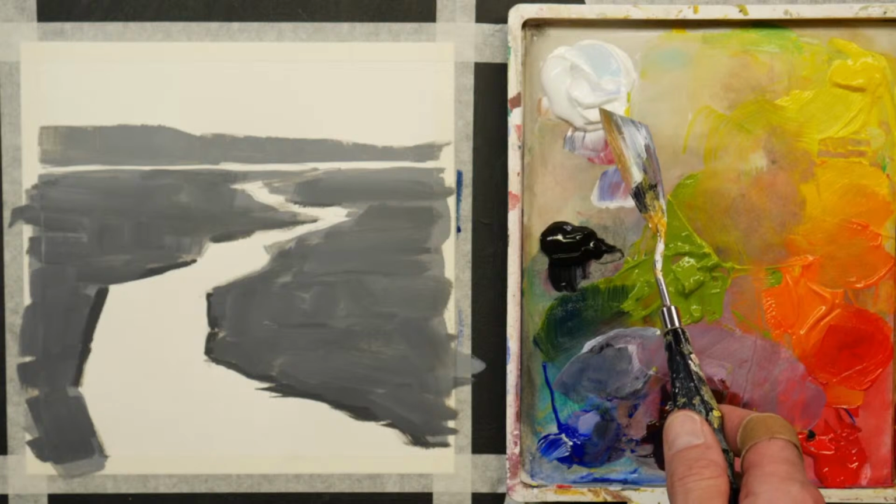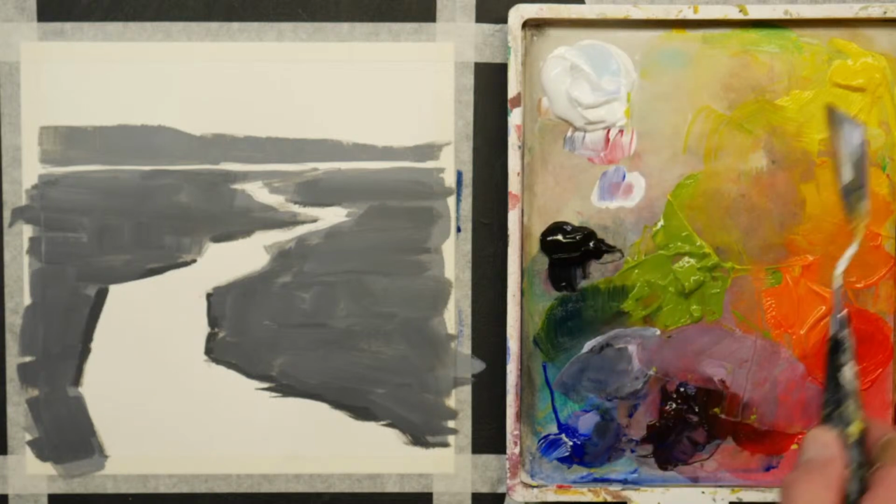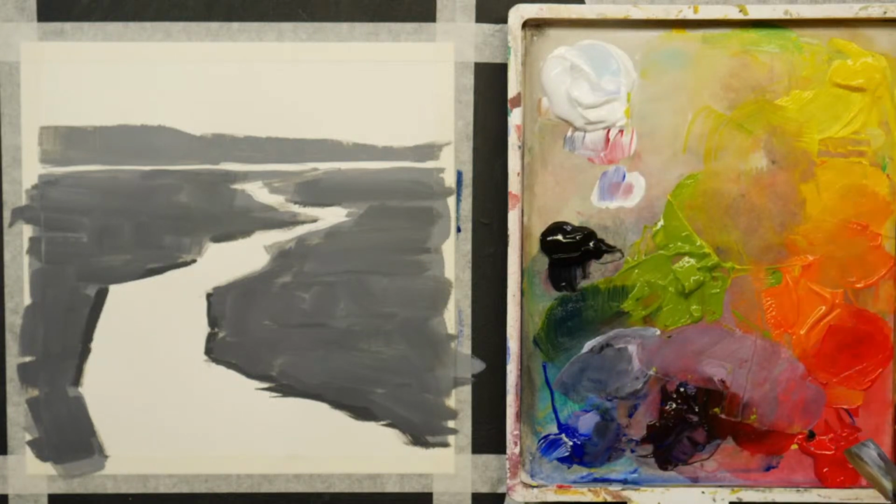Okay, so on the palette I have white and black, and I have cadmium yellow. This is a naphthol red, and this is ultramarine blue, which I need to get a little bit more of. Those are my 3 pigments that came out of a paint tube. These are secondary colors, and I mix them. The green, the orange, and the violet are all mixtures between the primary colors. The primary colors are in the corners, and the secondary colors are mixed in between. Now, as I get a little bit more blue,